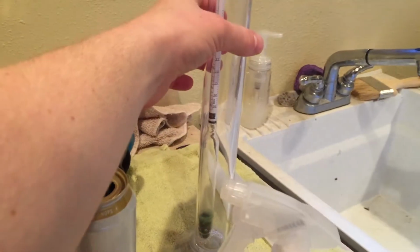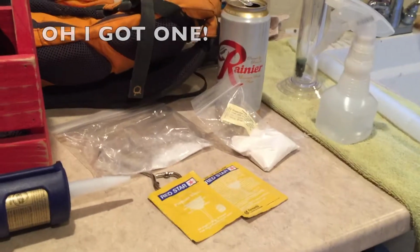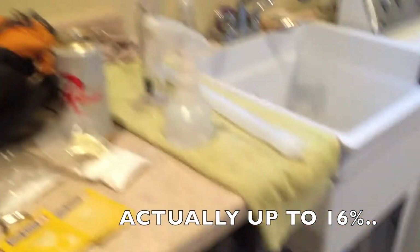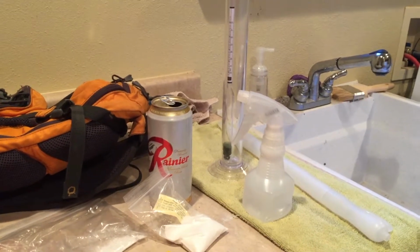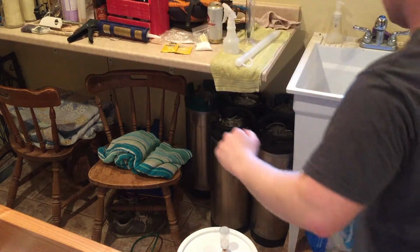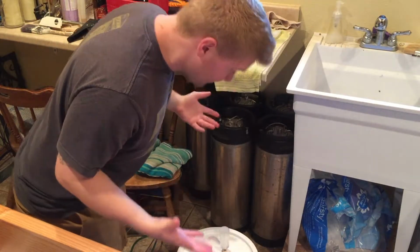I kind of want to have a higher ABV cider, since I have the champagne yeast, which is highly tolerant to alcohol, and it can go up to 13% ABV. So I'm going to probably add sugar, but it just depends on what the gravity reading is. I'm sure it's 1.050 or 1.060. I think that's the average of where cider generally is. Alright, we are going to get a gravity reading. I keep saying ABV,